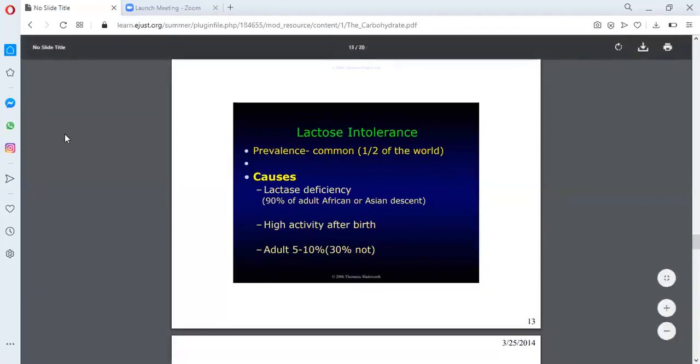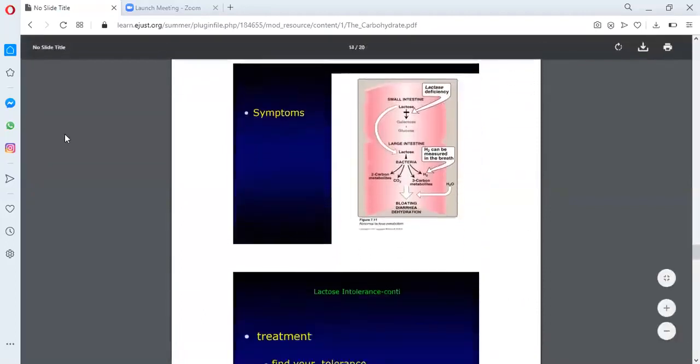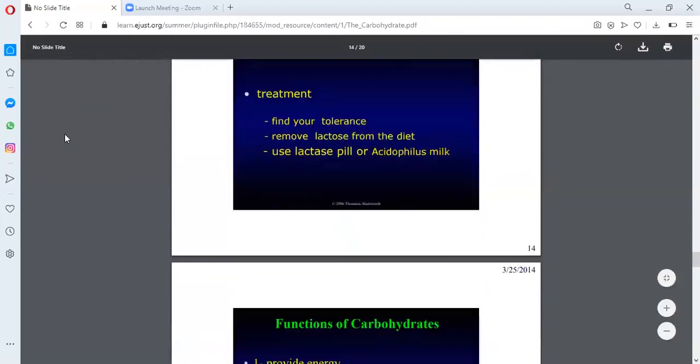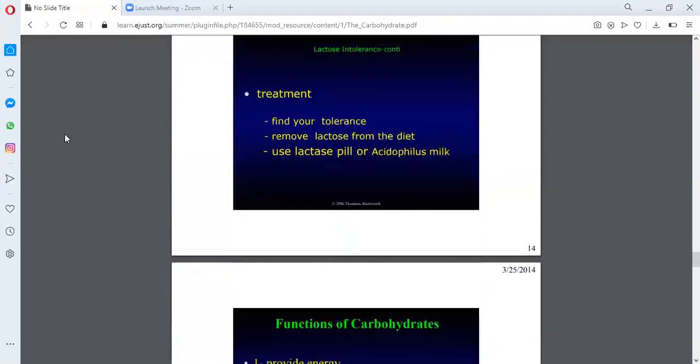So either you recommend lactose free or you recommend some special diet. This is the treatment you can recommend. You can remove the lactose. Sometimes they add lactase pill or some type of bacteria to break down the lactose. But remember, you also can recommend patient to know their limit. Okay, يمكن patient بيقدر يشرب كاسة حليب بدون أي مشاكل، لكن مجرد ما شرب كأس ونص بصير عنده signs and symptoms. Okay, so you can also help patient by just counseling him and educating him about lactose intolerance.